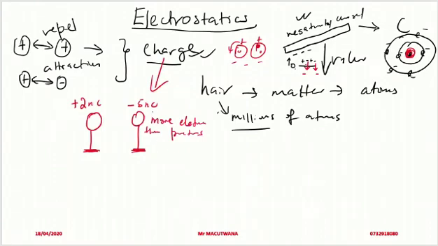Please understand that once there is a minus, the sphere is negatively charged, meaning there are more electrons than protons. Then if it is positively charged, it means there are more protons